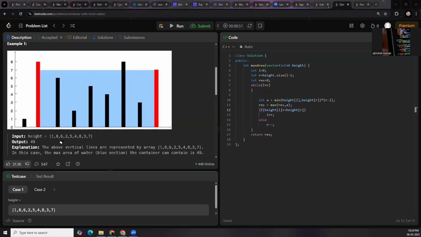So you can think to optimize. So let's discuss the optimized approach. So optimized approach is using the two pointer. You can place one pointer here and another pointer here,